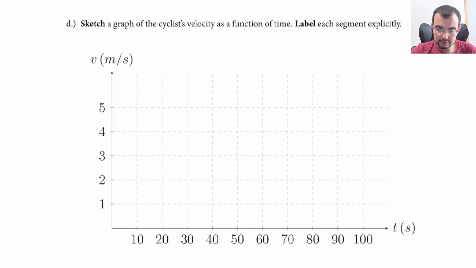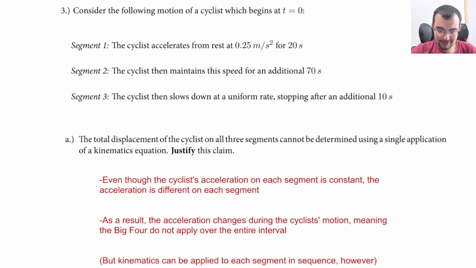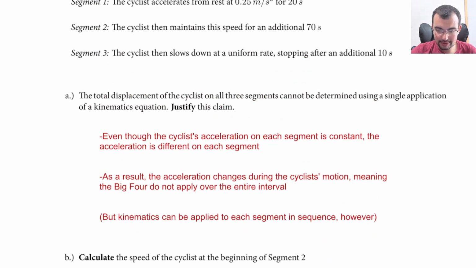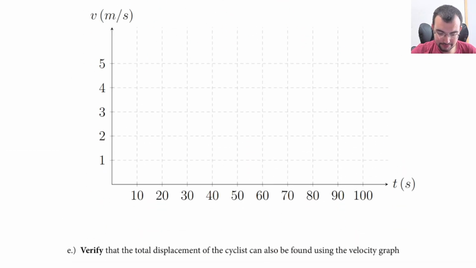All right, let's sketch their velocity as a function of time with each segment being labeled. So we had the acceleration for 20, then we had constant speed for 70, then we had slowing down for 10. So our max speed was 5 meters per second, and that was achieved after